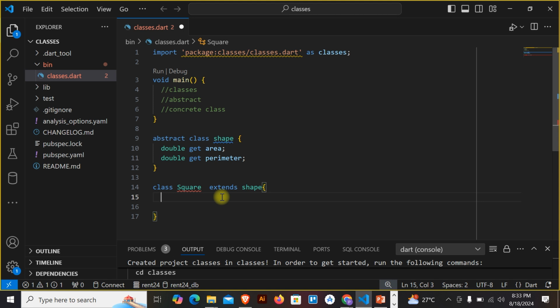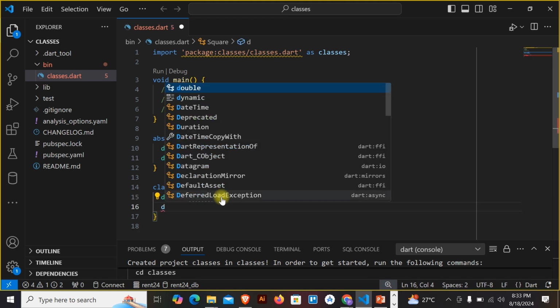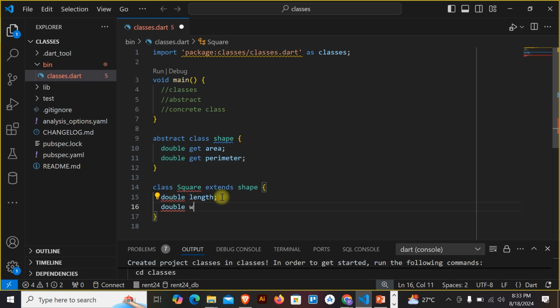When we're looking at square, how many sides does a square have? A square will have length and width. So double length, double width, then